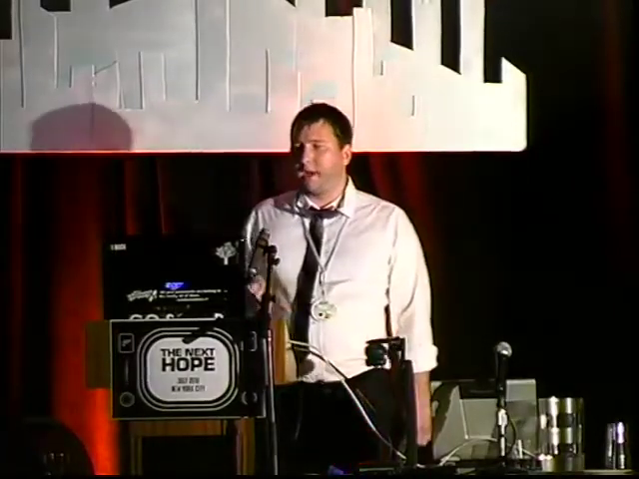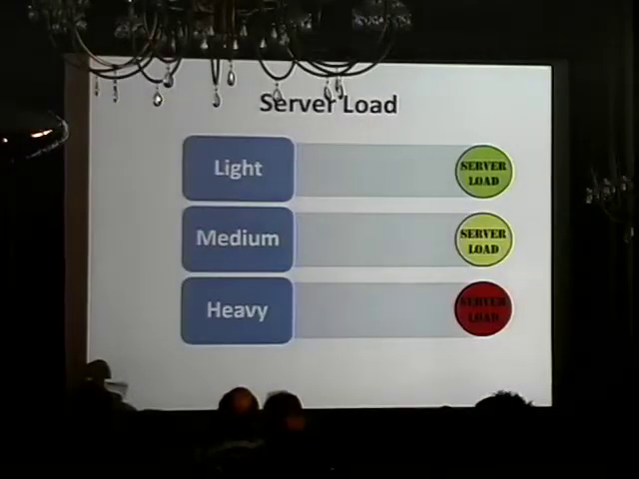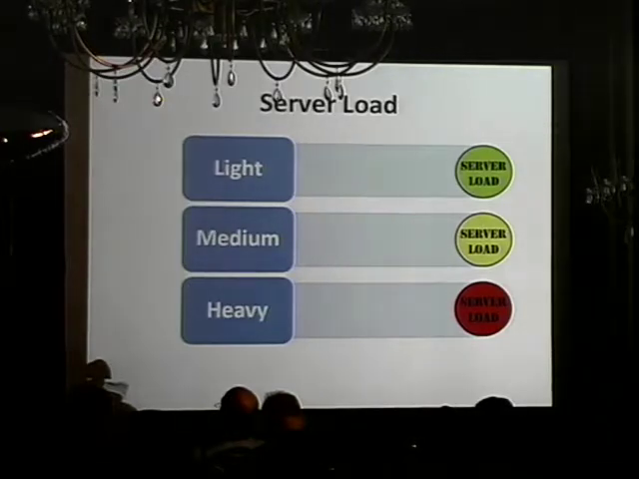In this, we're going to show that it's important as a webmaster that you need to focus on server load. So throughout this presentation, we're going to show you, in the examples that we've created, icons that show how heavy the server load is. So, basic